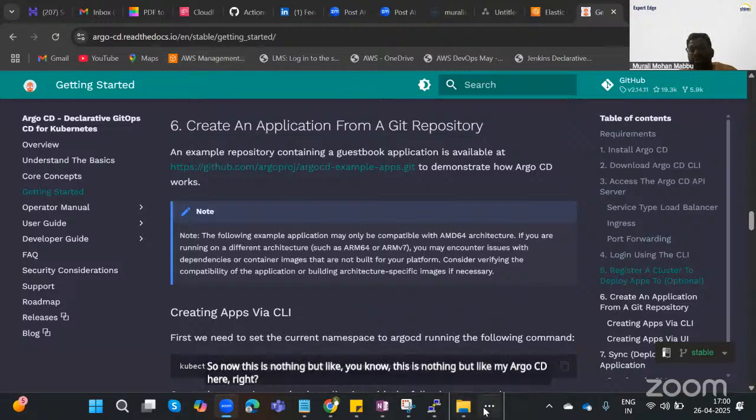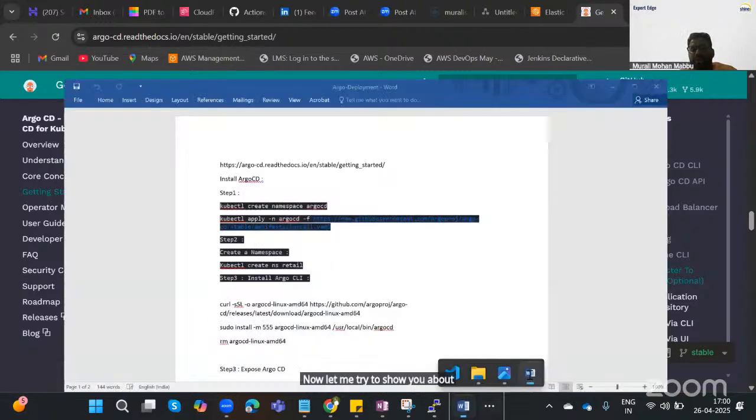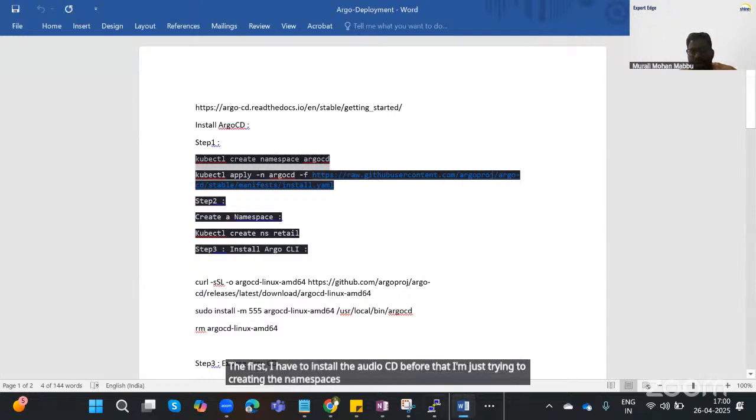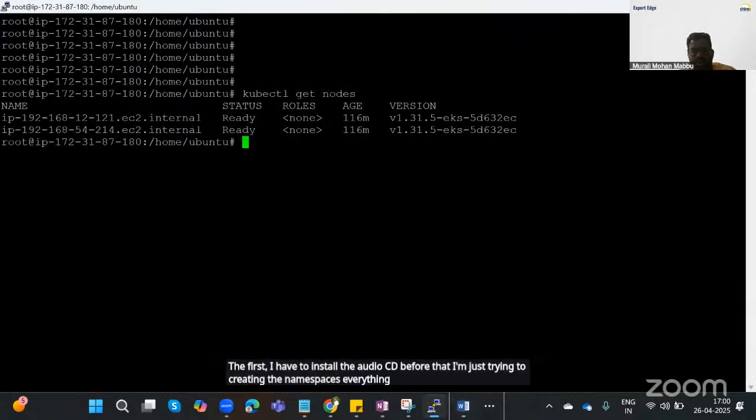Now let me show you how we can deploy Argo CD. First, I have to install Argo CD. Before that, I'm going to create the namespaces and everything. Let's go back here. I'm trying to create the